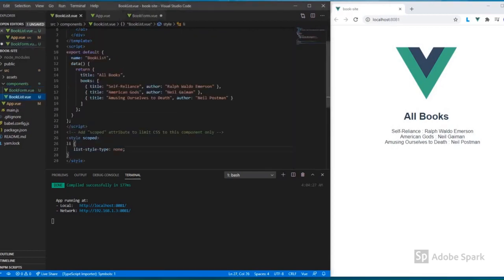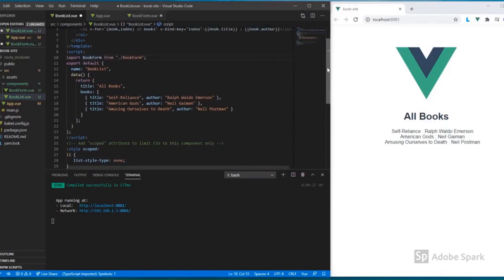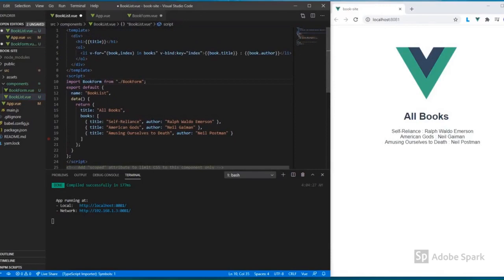And now we'll add this BookForm component to the BookList component. We'll add the import for BookForm, and after that we are going to add a section for components.